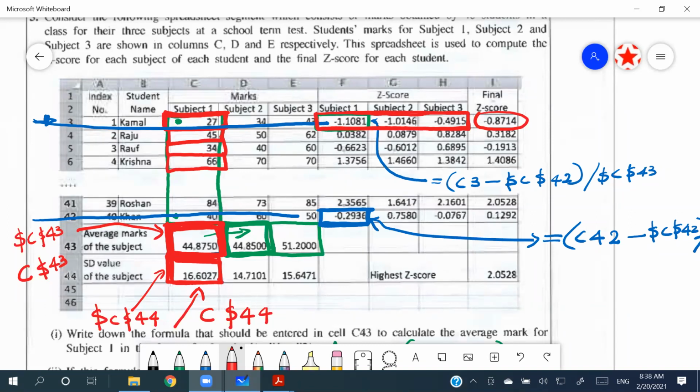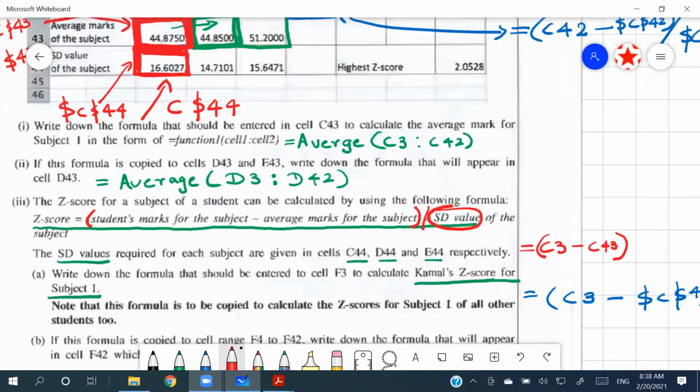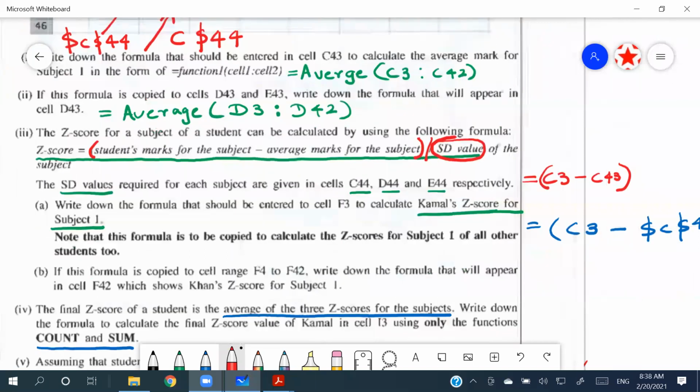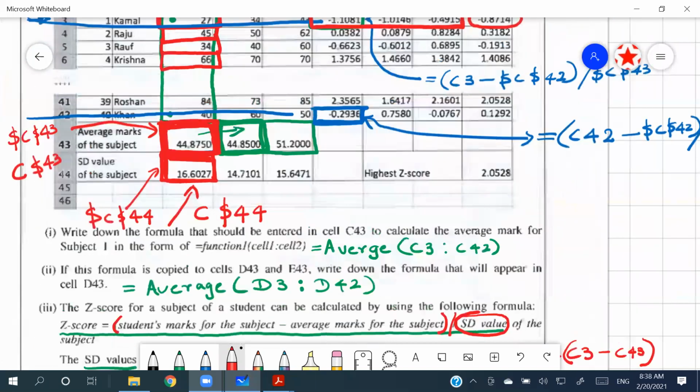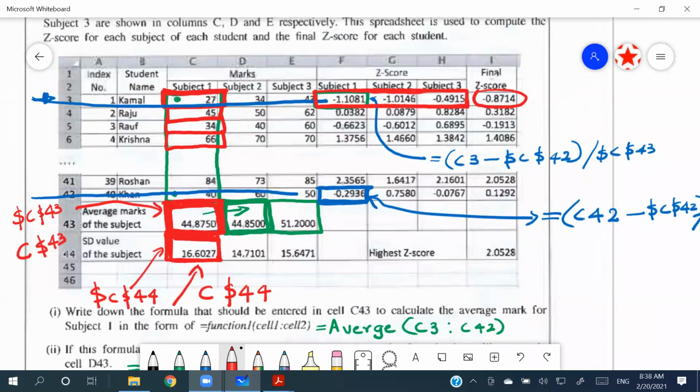Now, since they are asking us to do it using count and sum, we are going to say sum F3 to H3, right? And divide, they are going to ask the number of subjects, so we can give the same range. So it will calculate the number of cells which contain a value. So be very careful to count